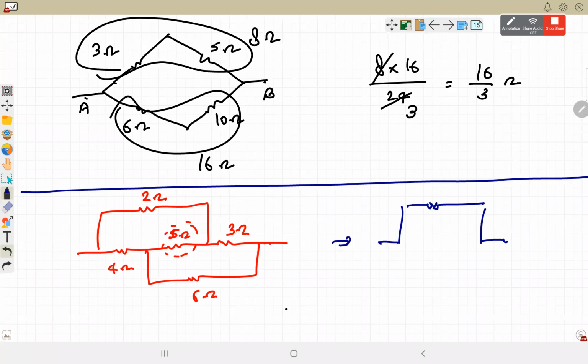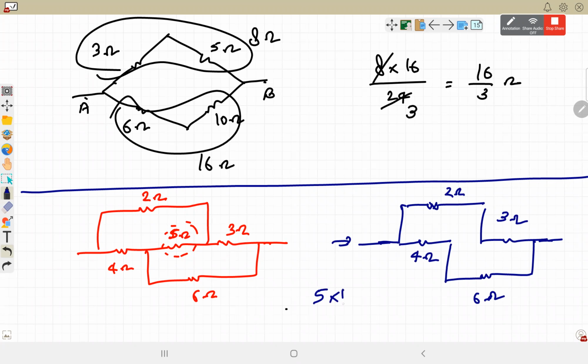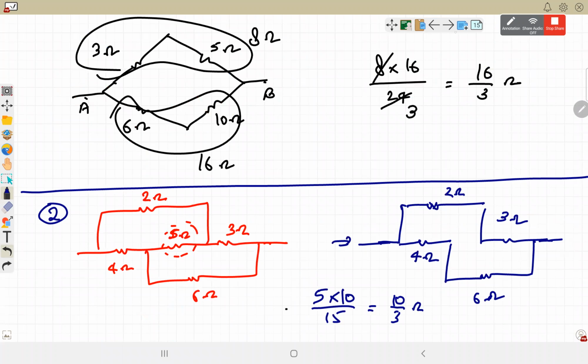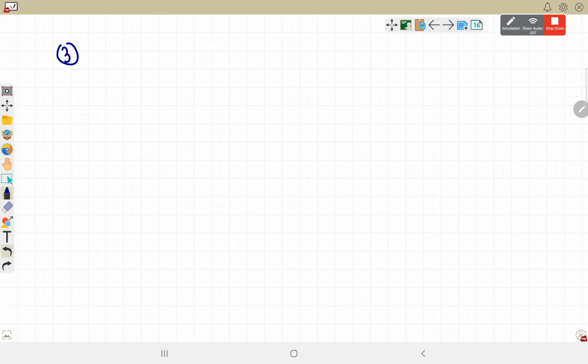When it is a balanced Wheatstone bridge, we can remove that particular part of the circuit which is in the bridge. So this becomes your original circuit. 2 and 3 in series 5, 4 and 6 in series 10, then 5 and 10 will be in parallel. 10 by 3 ohm will be the equivalent resistance of this circuit. This is a Wheatstone bridge, different combinations, different possibilities. Third was